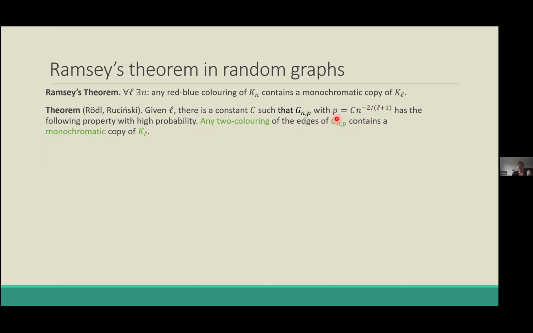So once again, just to emphasize here, n tends to infinity. So we're not interested in minimizing n. n tends to infinity, and we're trying to minimize the density p as a function of n. And Rödl and Ruciński showed that at this density, you can have the Ramsey property. And in fact, this is optimal, but we'll see that later. Before discussing this in more detail, let me first see if there are any questions, because it's important to understand the statement for the talk.